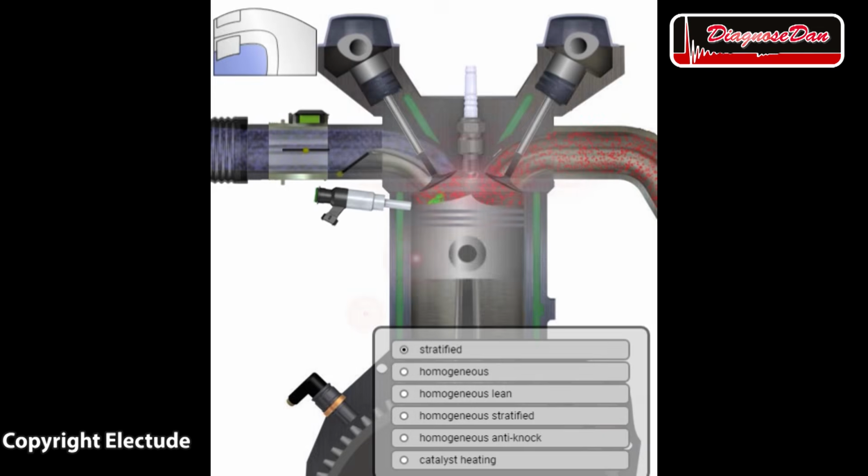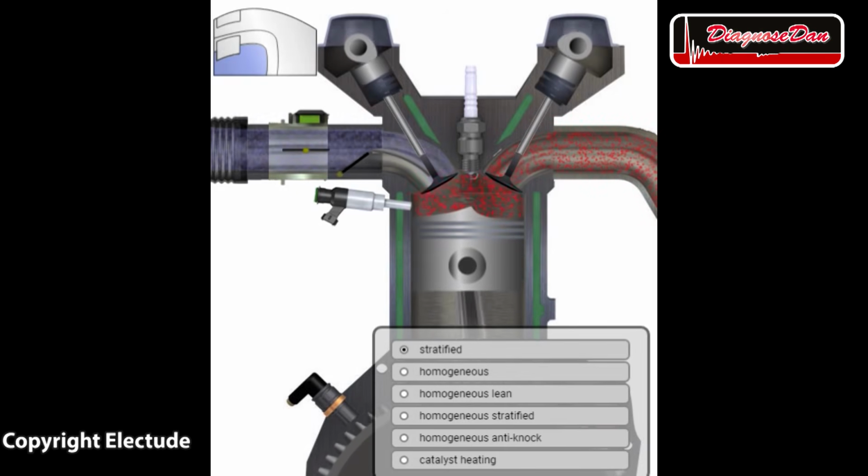When an engine is cold, we need to enrich the mixture to make sure the cold mixture easily ignites. In the old days, we did this using a choke. On modern engines, we make the mixture richer during the warm-up phase. But a direct injected engine can do a cold startup with a lean mixture, saving a lot of fuel during